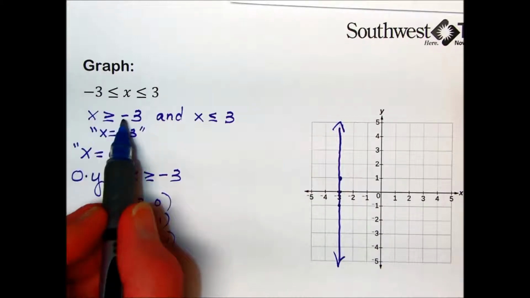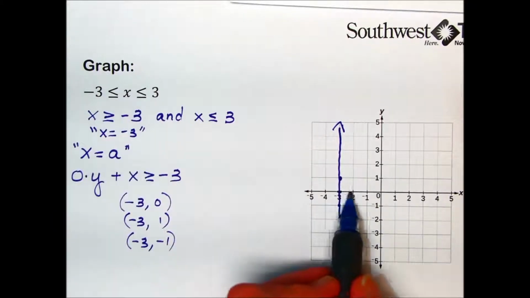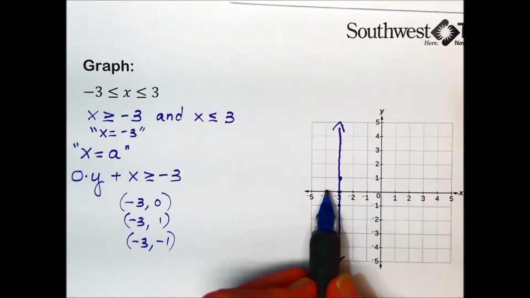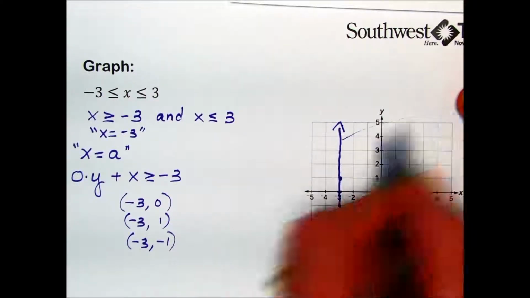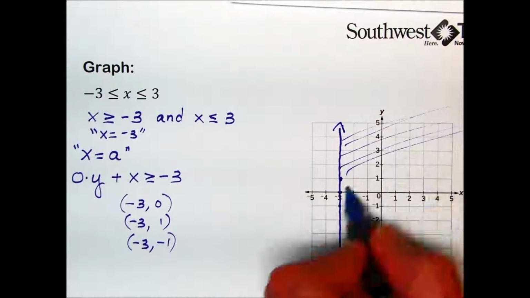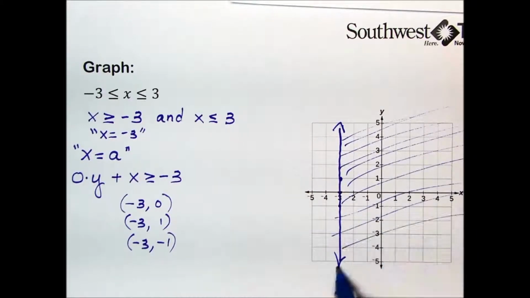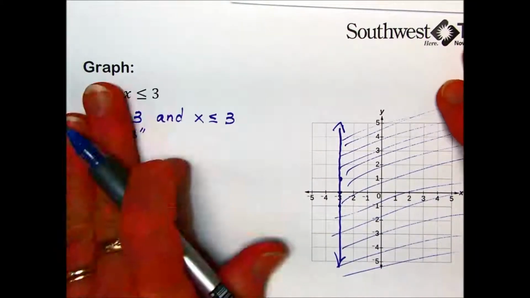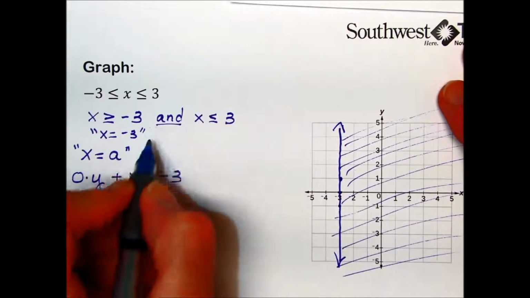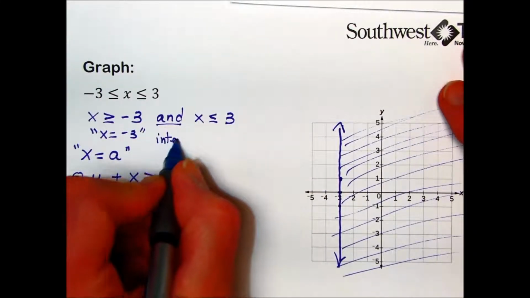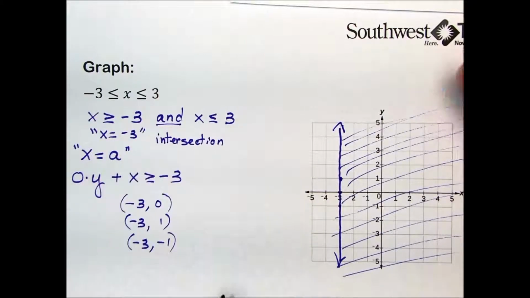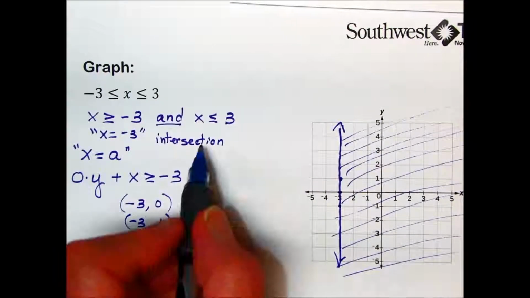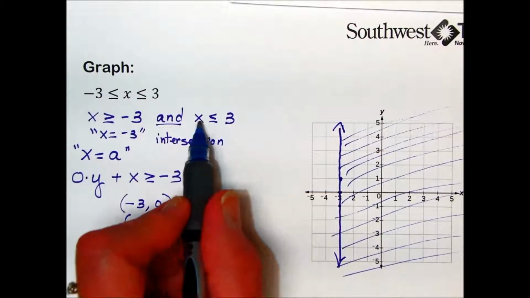And we want x values that are greater than this line. Well, the x values are getting greater on the right-hand side and smaller on the left. So our solution here would be everything to the right of this line. But we're looking for the intersection